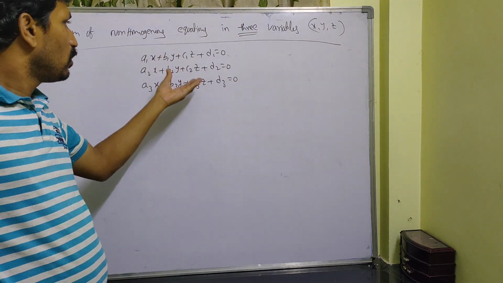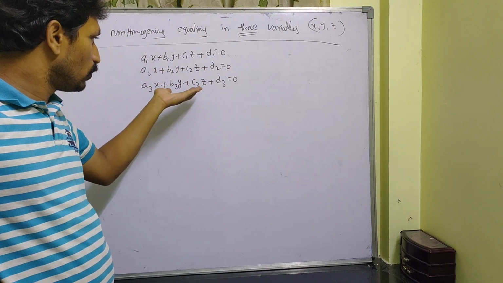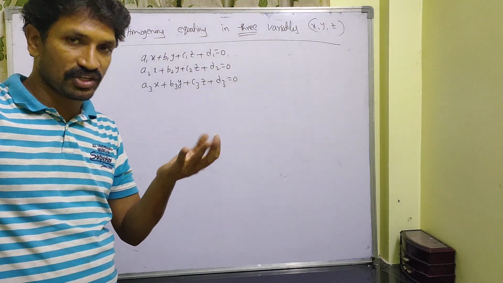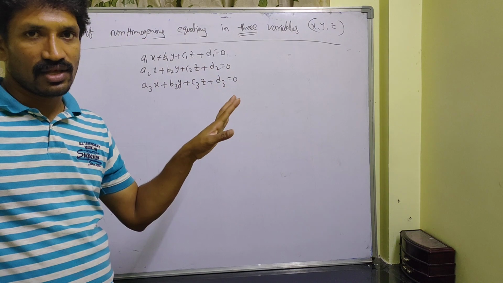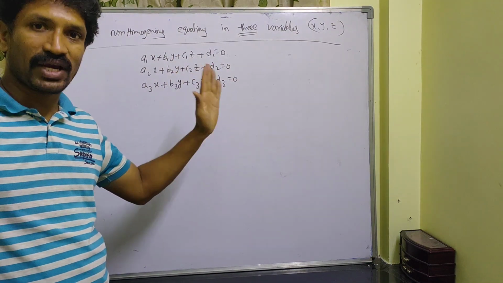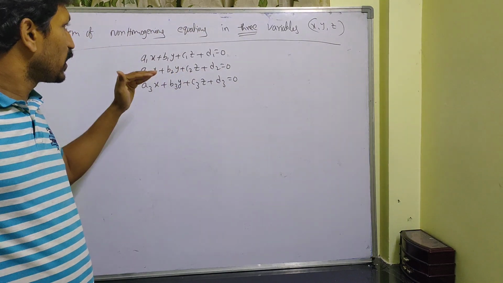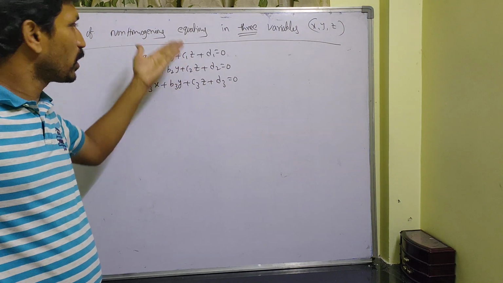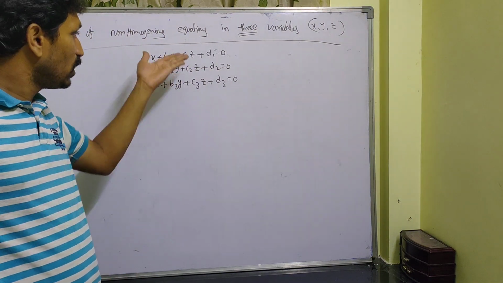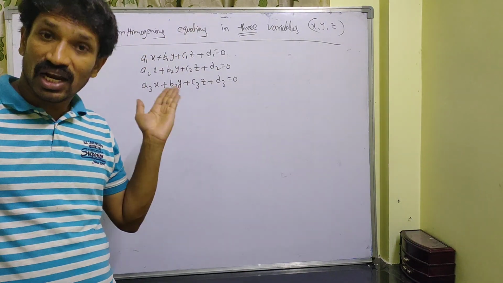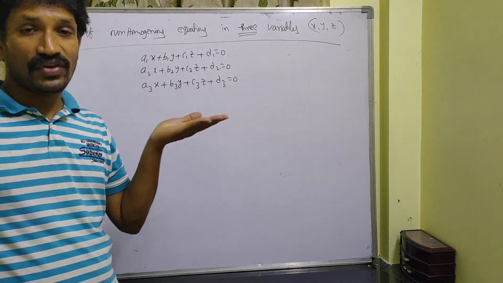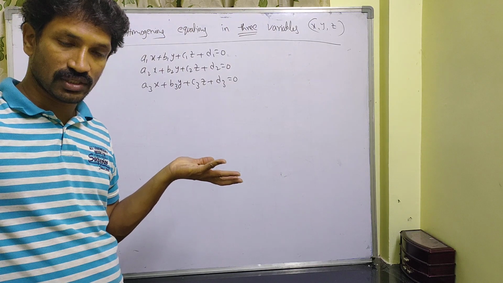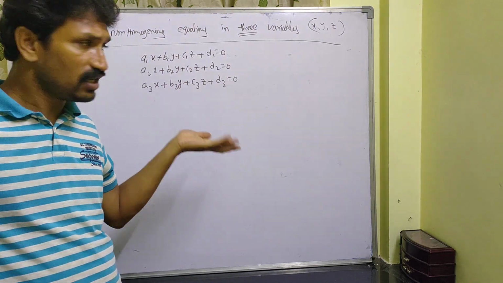Whenever you have three variables, the elimination method, substitution method and cross multiplication method would be lengthy. Elimination method we can do easily, but it is lengthy. So in that case, if you apply the matrix procedure, we can solve it easily. First of all, we have to decide whether these three equations are consistent or inconsistent, and if consistent, whether there is a unique solution or infinitely many solutions. If it is inconsistent, there is no solution.